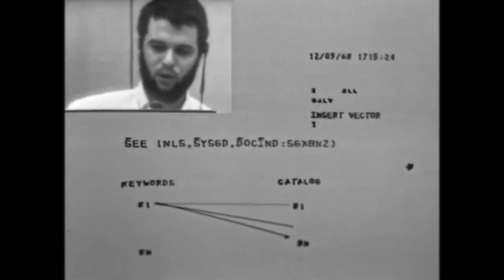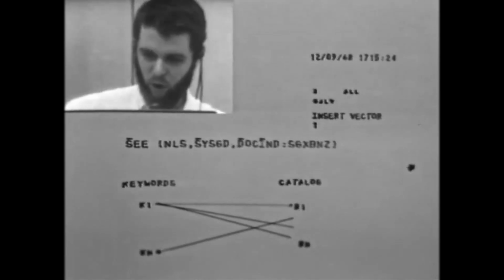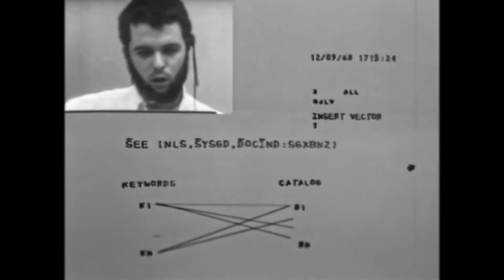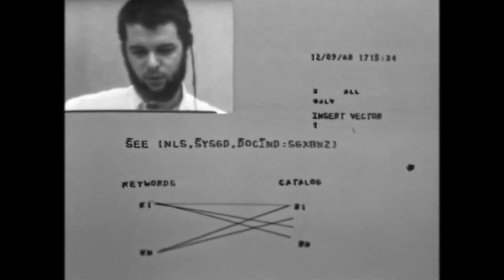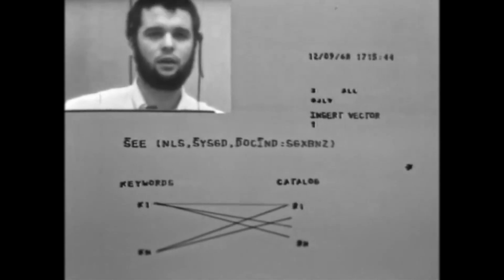So the first keyword may point to those, and then the nth keyword will point to other ones. And there will be cases where they both point to the same one. When I select a keyword, I'm specifying that all of the items in the catalog that it refers to will be pulled out and given to me. And in the cases where I've selected several keywords that refer to one particular item, that item will be given special preference and will be put at the head of a list. And then with that list of items from the catalog, I'll be able to use the other forms of retrieval and jump off and look at the items and then continue the exploration.